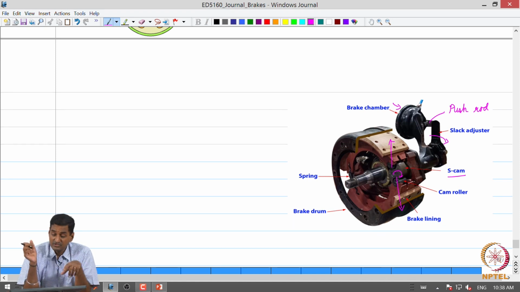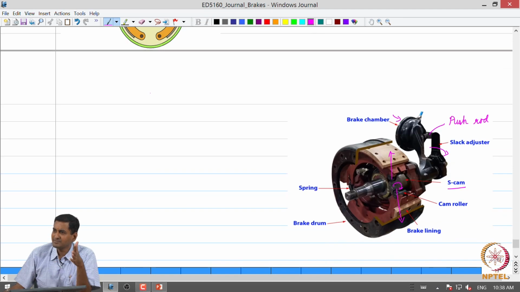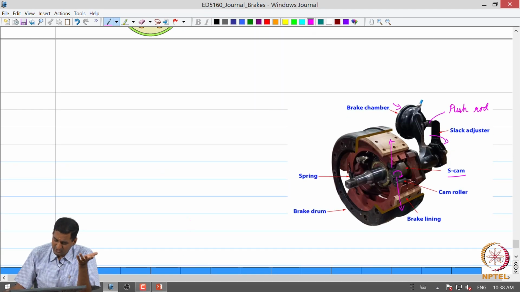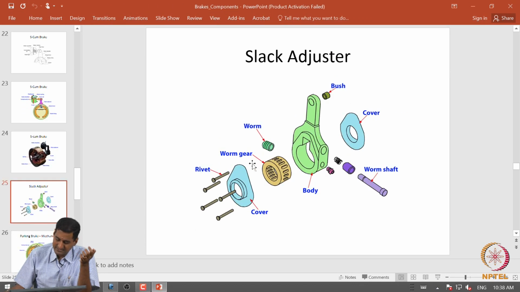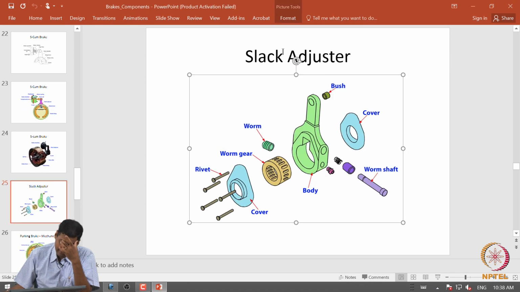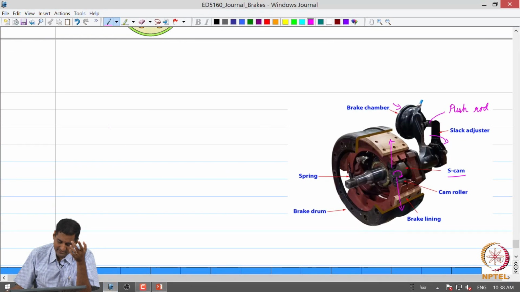Okay. So, now this is what is called as a service brake chamber. Okay. So, what happens in normal operation. Okay. Shortly we are going to look at what happens under emergencies, and what happens when we want to park a heavy vehicle. Okay. So, we are going to come to that.